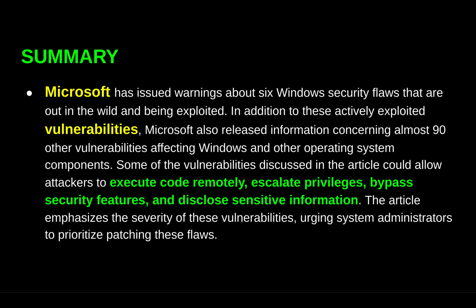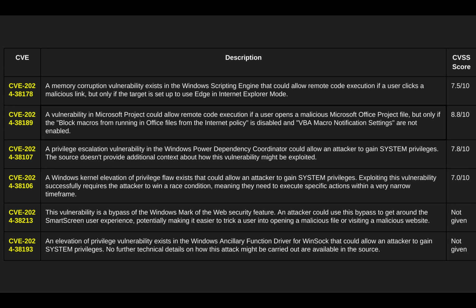Some of the things they can allow attackers to do are execute code remotely, escalate privileges, bypass security features, and disclose sensitive information. So Microsoft is encouraging everyone to help take care of these vulnerabilities by using the patches and prioritizing patching for these 6 vulnerabilities. All right, so here's the CVE table, and I'm going to go through each one